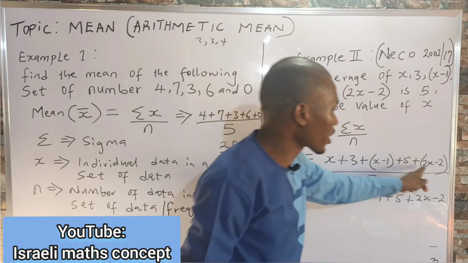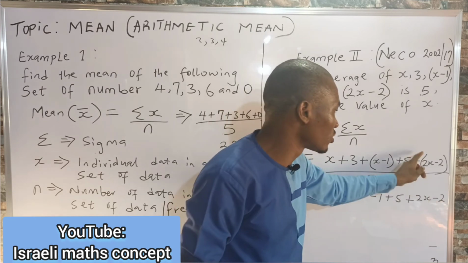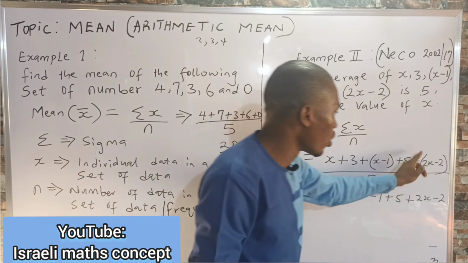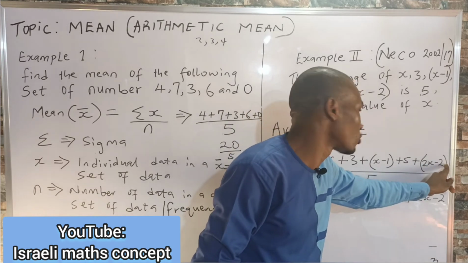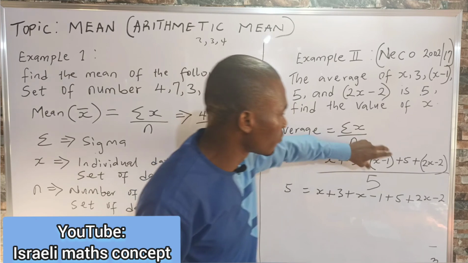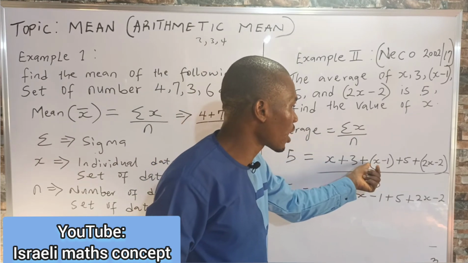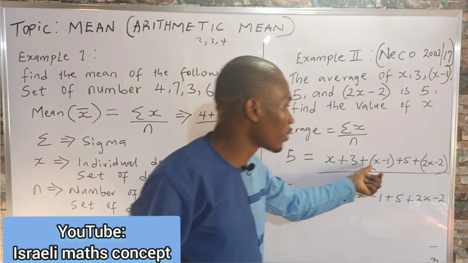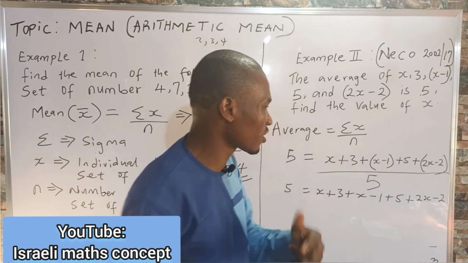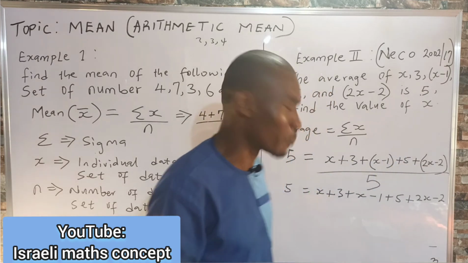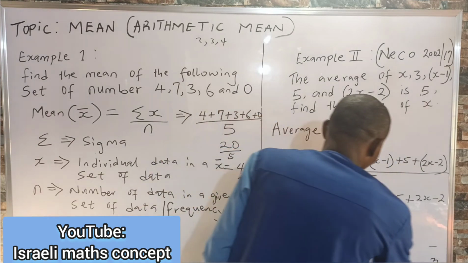Remember, to open a bracket of this form is just like using 1 to multiply out this bracket, and when 1 multiplies out everything in this bracket, it will still give us everything in this bracket. So whenever you have a bracket that does not have a number directly multiplying it, to open it up is very simple: assume there is 1 here and use it to open up the bracket. And that is all over